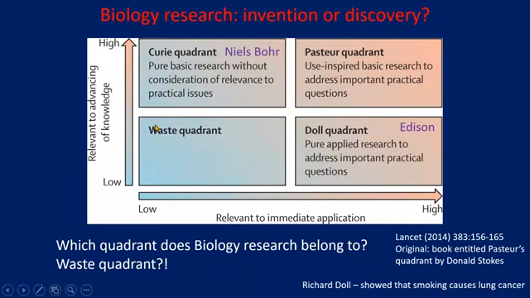But when you think about biology, it basically comes in this west quadrant. It has relatively low immediate application and low relevance to advancing of knowledge. But one of the greatest examples of biology, even though it cannot be treated as completely west quadrant, is the current pandemic, where you might have seen that for COVID,